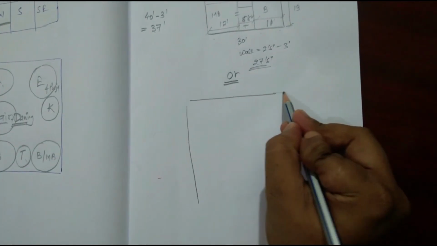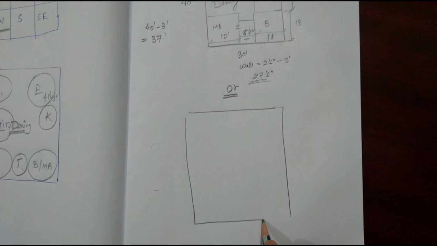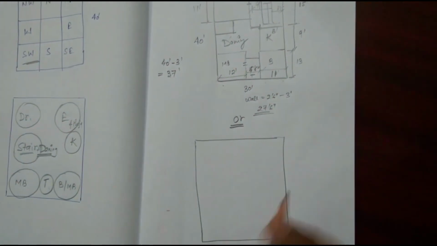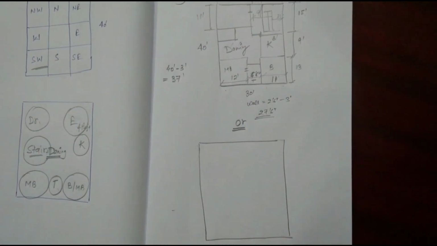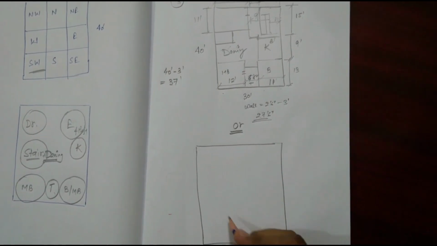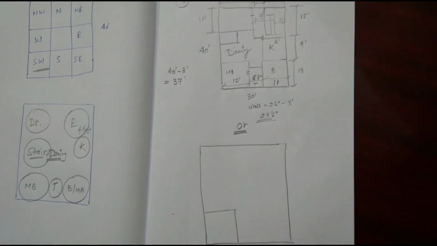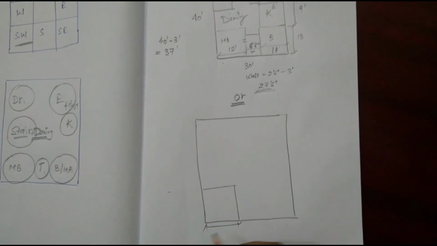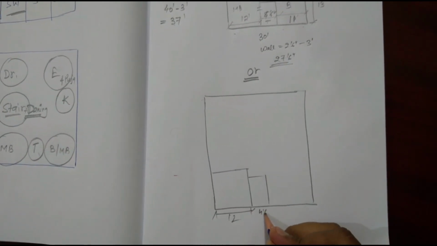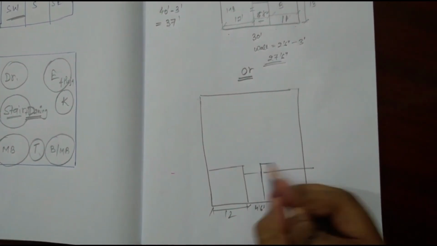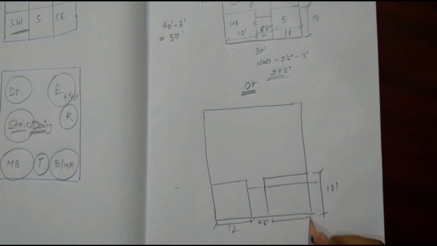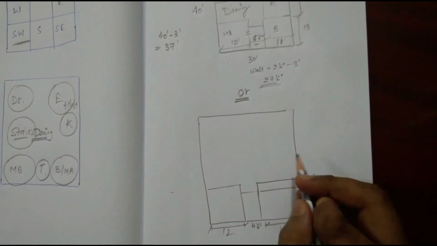So as you can see here, this option will put the staircase in the west direction. If we keep the staircase in the west direction, we can also provide a puja room along the entrance. We'll keep this the same, let's give it 12 feet, and an attached toilet for the master bedroom. We'll provide another room here, 13 feet. So this portion will keep the same 11 feet here. So this space utilization is the same.